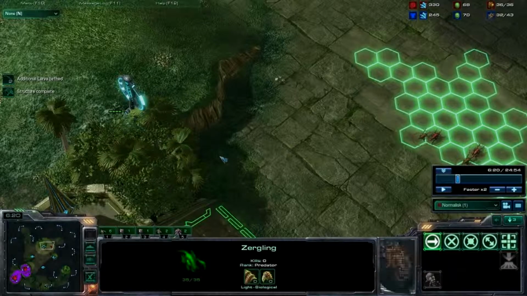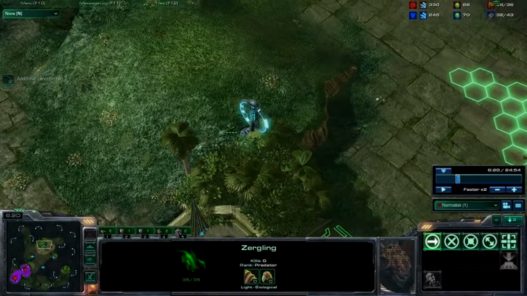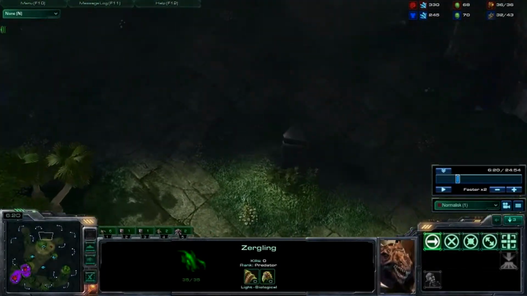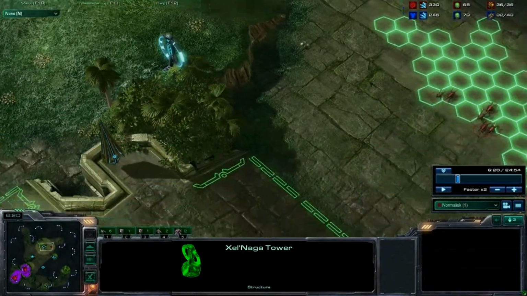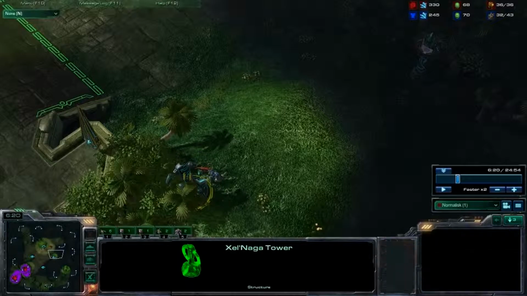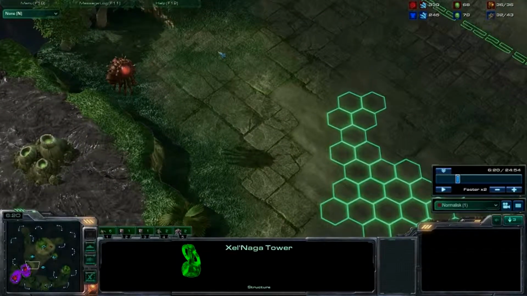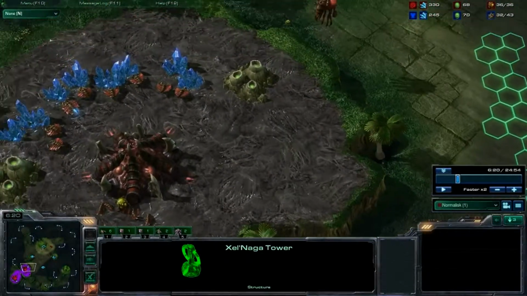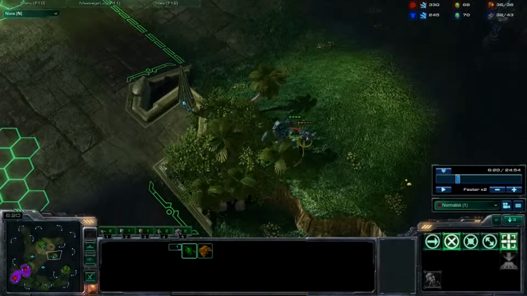These Xel'Naga towers are very important for this map, because if you control both of them, you will be able to see when he moves out with a ground army, because he has to go either here, through the middle, or along here. So if you control both of these, and if you put resources into controlling both of those, you won't have that "oh surprise, tanks are right here" feeling, and you don't have any larvae to make anything to defend with. So I would highly recommend